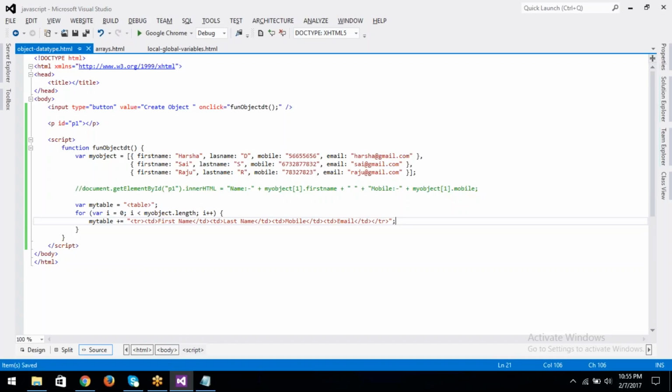Okay, so the column names are added, and next my table plus equal to